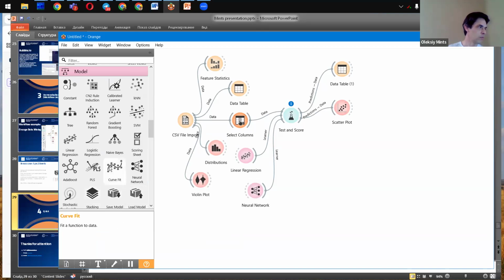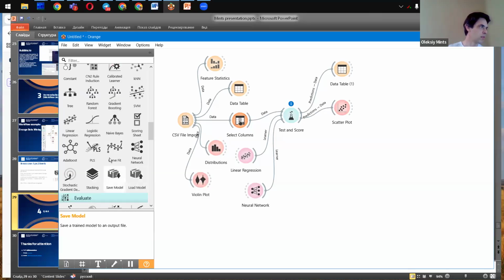But you may use a lot of models in this software. And if you want to add some models that are not implemented yet, you may add a Python script, and you may put in it any code with any model. You may address external libraries, and this is low code, and you may add anything to this model.